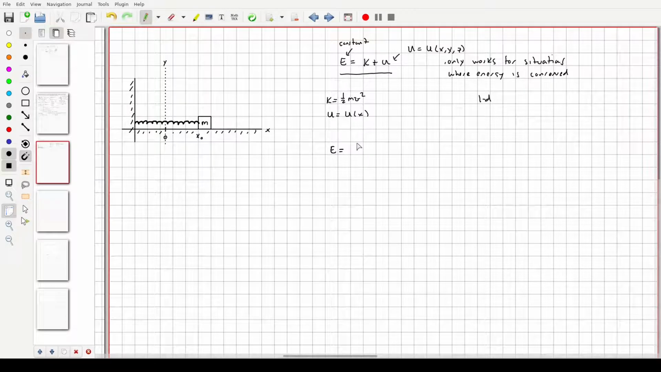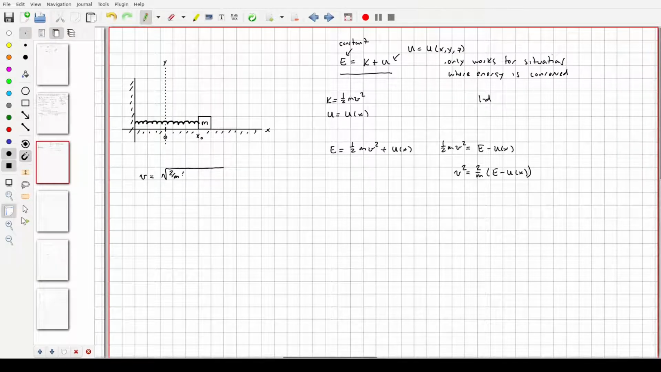So our energy here, which is a constant, looks like 1/2 mv squared plus u of x. Now what I'd like to do is to move u of x to the other side and solve for v. We'll do this in intermediate steps. 1/2 mv squared is equal to E minus u of x. Then I'm going to multiply both sides by 2 and divide both sides by m. V squared looks like 2 over m times E minus u of x. And now I'm going to take the square root of both sides. So when I do that, I get this,